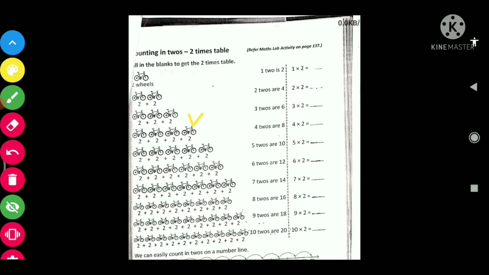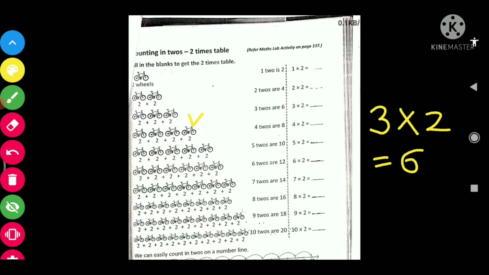Now see the third one. 3 bicycles are there. So we'll write 3. And the number of wheels in each bicycle is 2, right? So now total how many wheels are there? Count the wheels. 2 plus 2 plus 2, it will be 6, right?